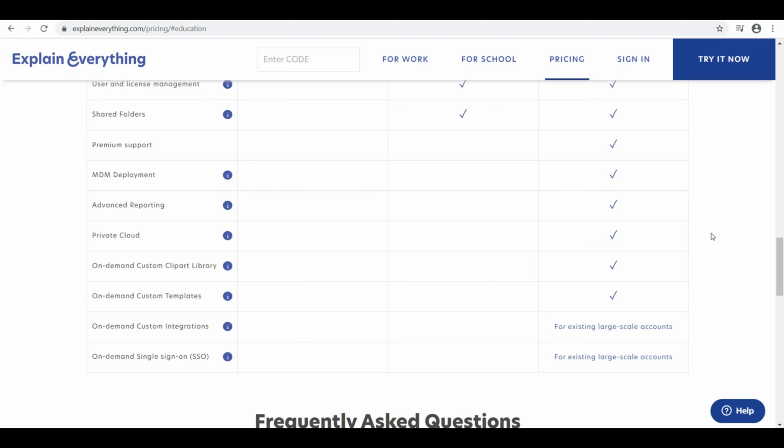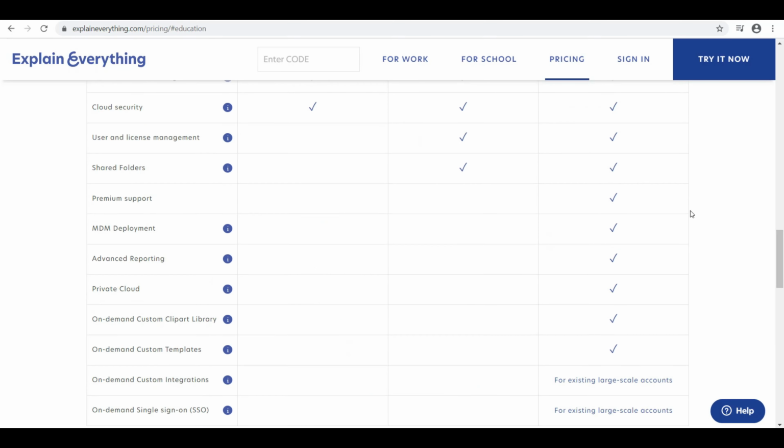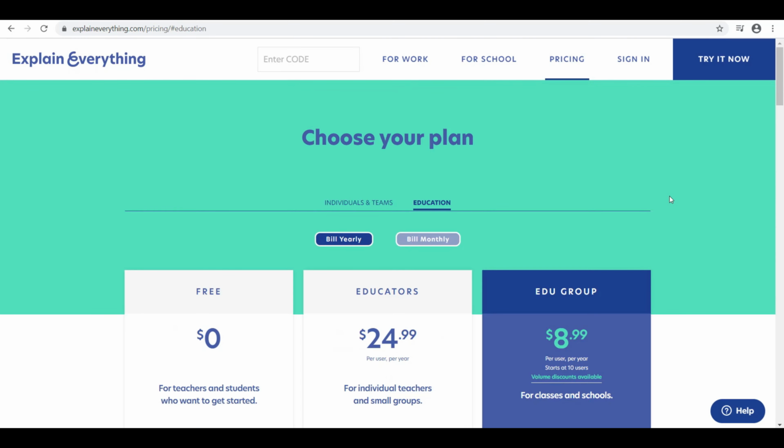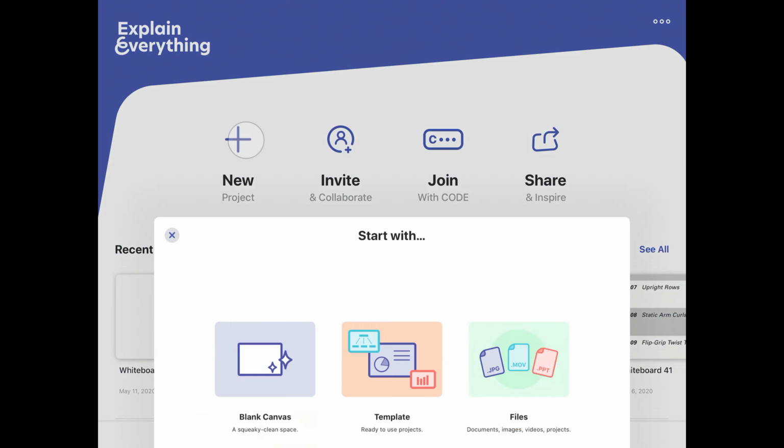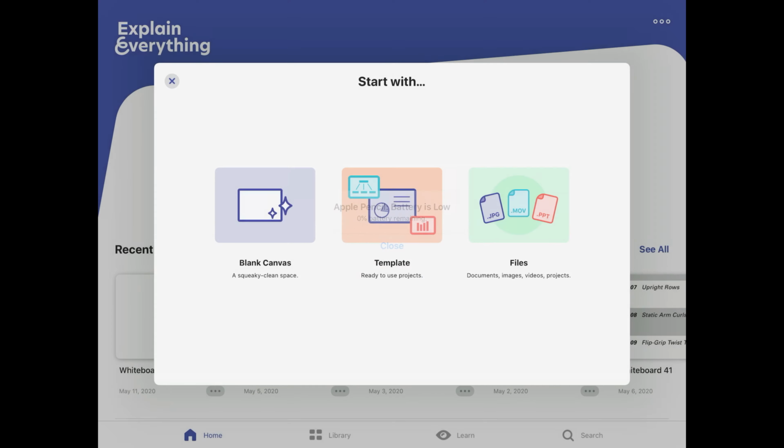Okay, this video will not do a complete breakdown of the app. For the sake of time, I will do that in another video. For this video, all you need to know is how to start a project, write, and save and exit. To start a project, you will need to click on the giant plus icon that says New Project and choose